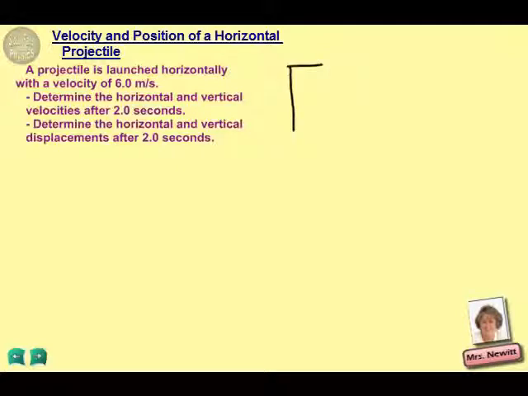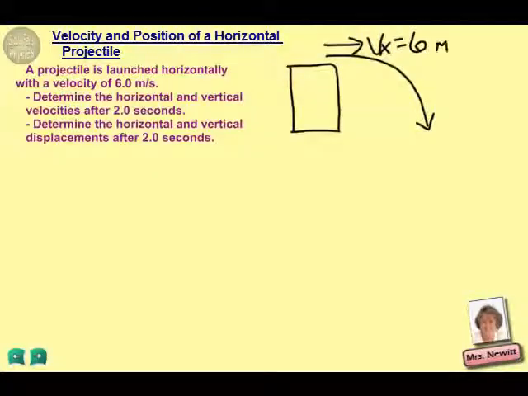If it's launched horizontally, then that means that it's coming off of the top of a surface. So initially it has velocity only in the x direction. So when it says it's launched horizontally with a velocity of 6 meters per second, that is our v sub x. The second thing we should probably note is that we're going to ignore air resistance as usual, and also